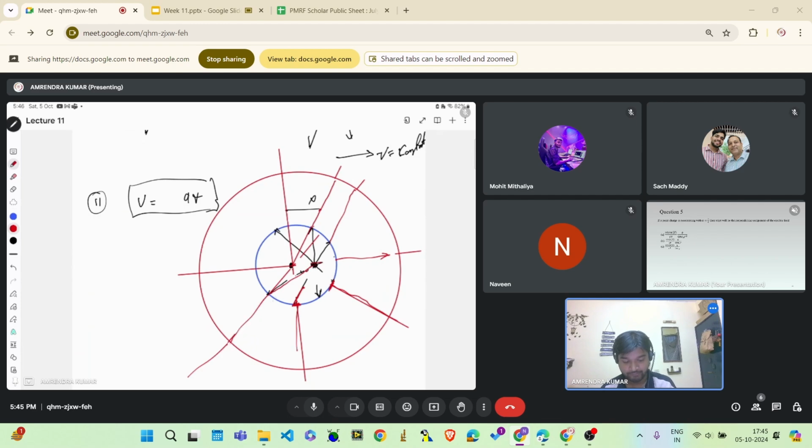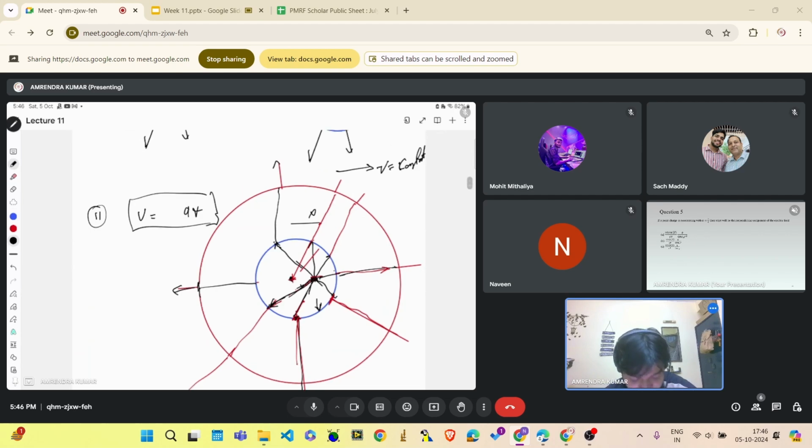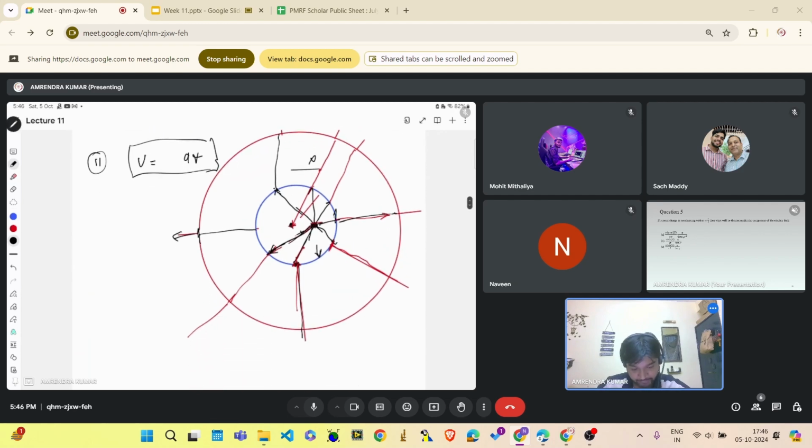So it means these electric field lines now have been twisted, and they have been introduced with new field lines. It was here like this, and this, from here, then like this. So that means now we have this perpendicular